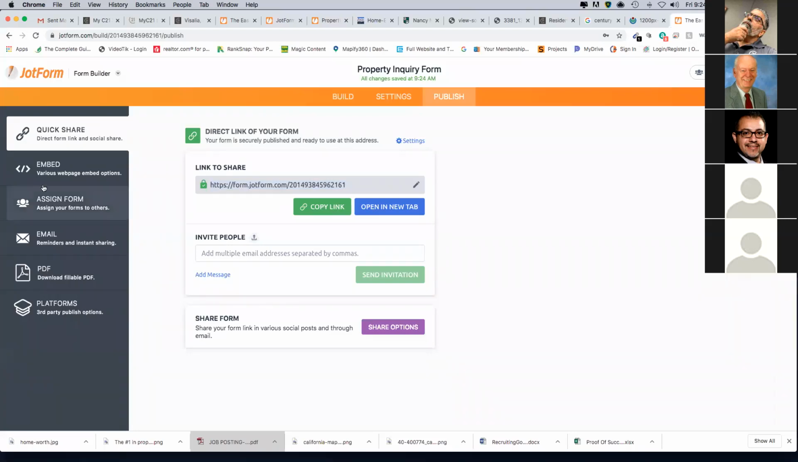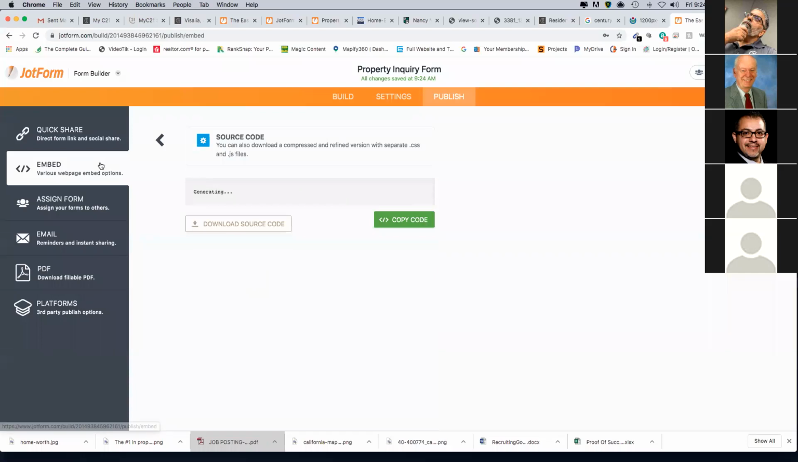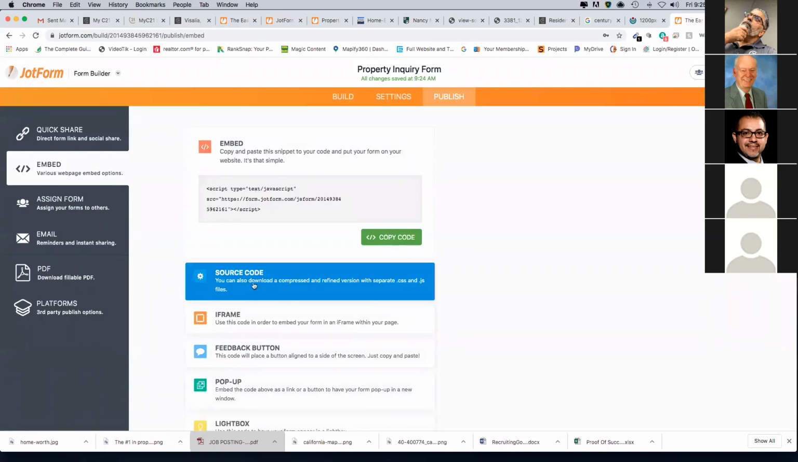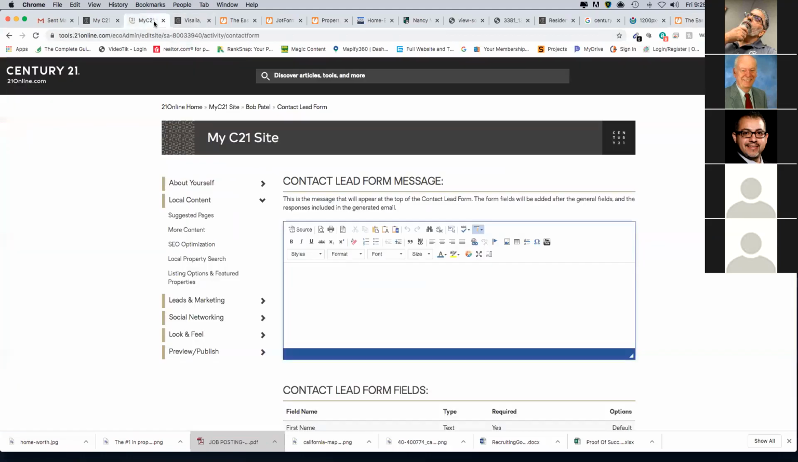Then the system says, do you want to get a little bit more creative by embedding? And this is where it gets a little technical, so bear with me. So if you go to embed and you select source code, and like I said, when you guys are ready, you will call me and we will do this all over again. It'll let you go in,